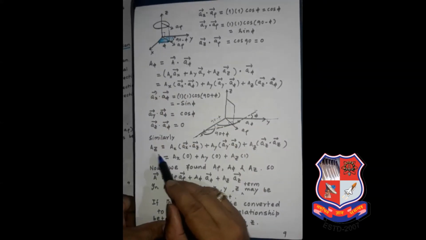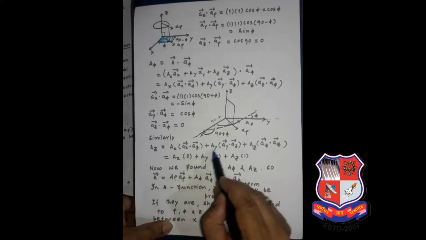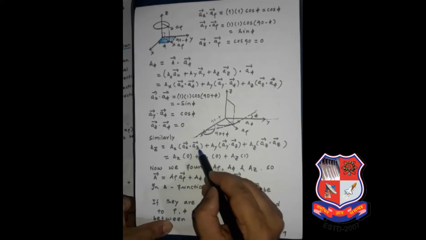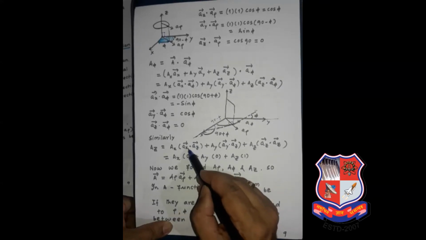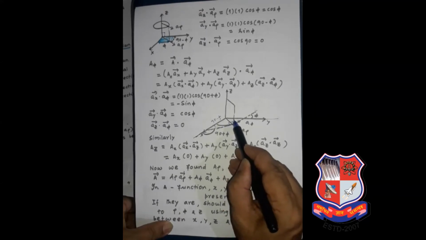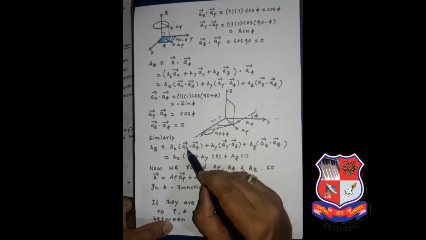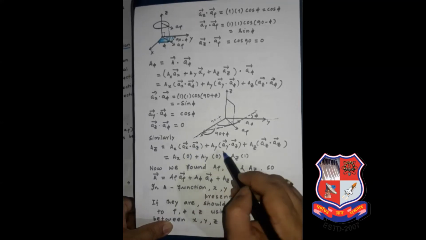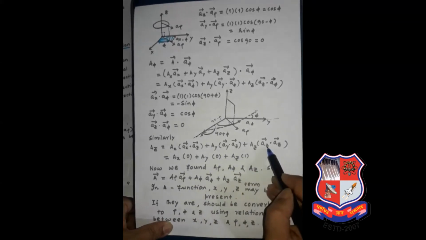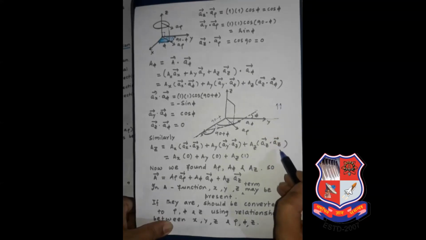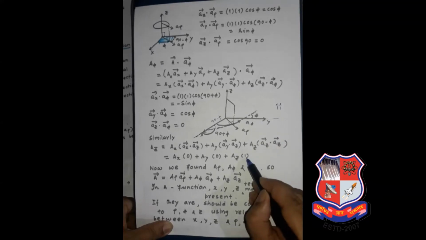In the same way, as we have found a rho and a phi, you can find out az. Az is ax dot az plus ay dot az plus az dot az. Ax dot az will give you 0, because we already know that in Cartesian, x, y and z are 90 degrees to each other. So ax dot az means 1 into cos of 90, that will be 0. Similarly ay dot az is 0. But for az and az, these are two parallel lines, the angle between them is 0, so that dot product will give you 1.